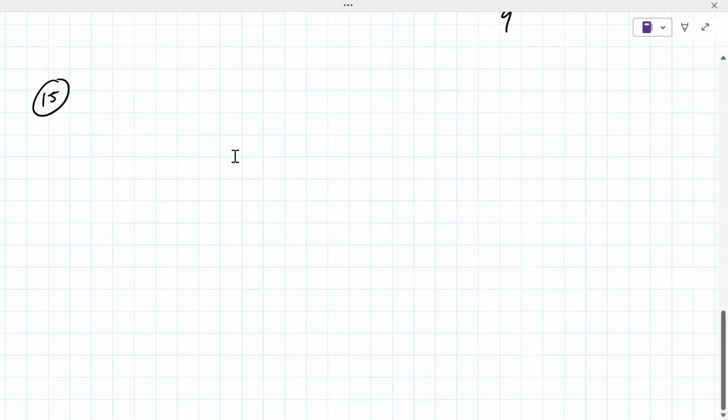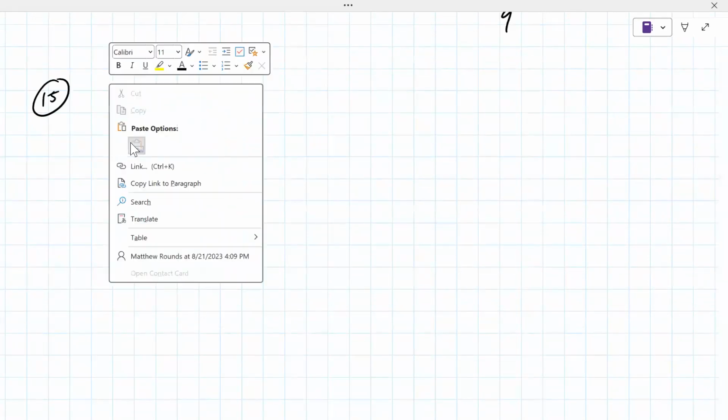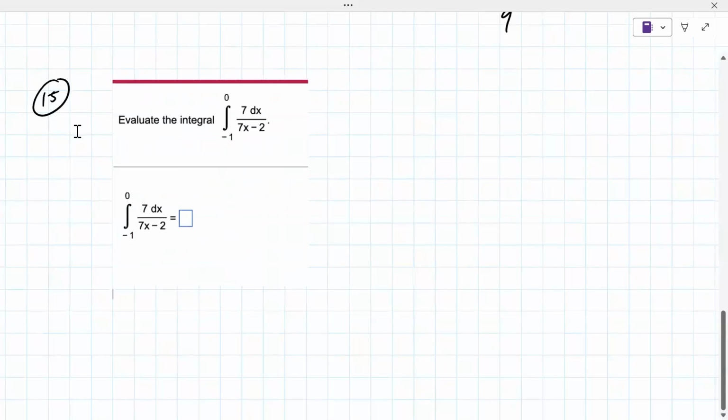All right, so here's 15. It says to evaluate the integral. This is like the one we were doing with the 1 over x. Again, if you have multiple choice, you probably just put this in your calculator and compare to the answers, but this one does not. Make sure you put the denominator in parentheses. So this is actually a U substitution problem